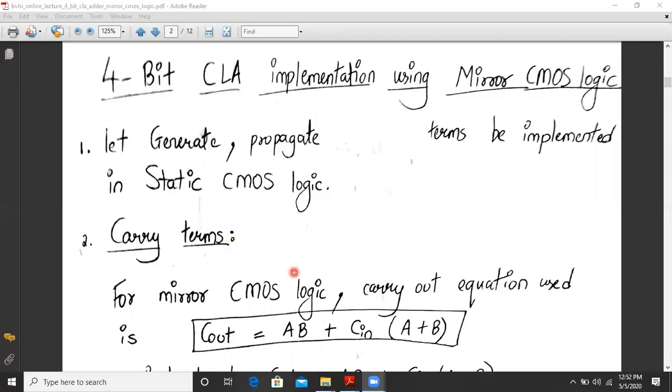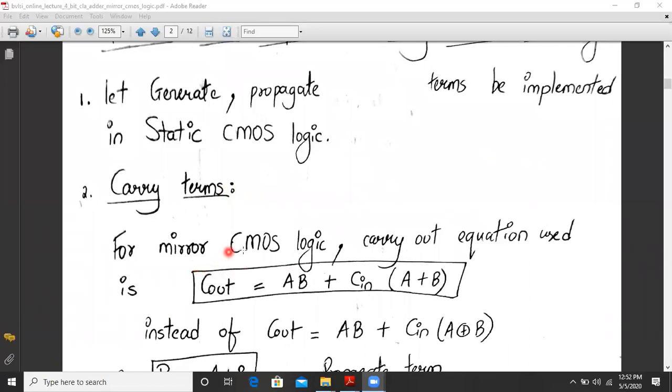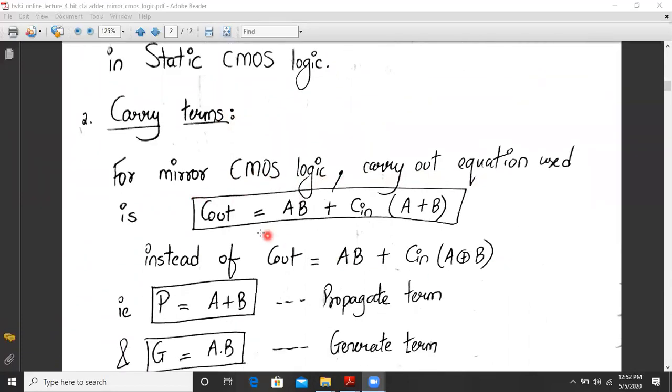For mirror CMOS logic, the carry out equation used will be Cout equal to A·B plus Cin·(A plus B), instead of what we have used earlier, Cout equal to AB plus Cin·(A XOR B).